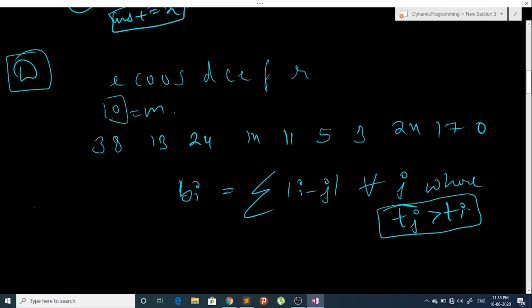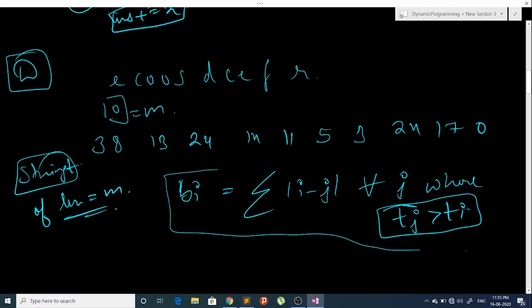So we have to find some string t of length m such that we can make array B from that string.